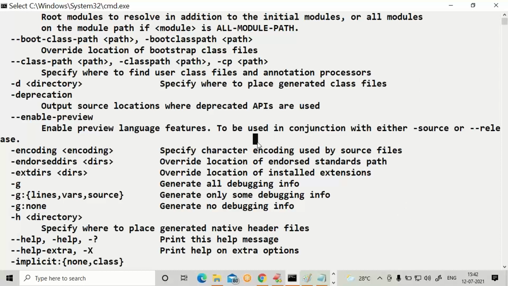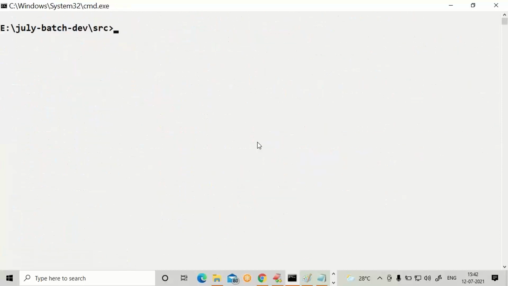Come to the next one. Everybody, clear the console. Very similar to javac, everybody, java help. Java space -help. Press enter.